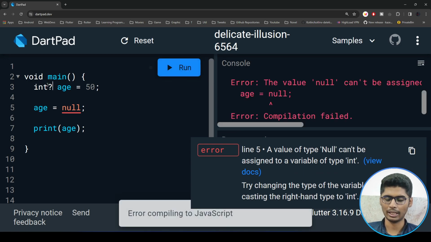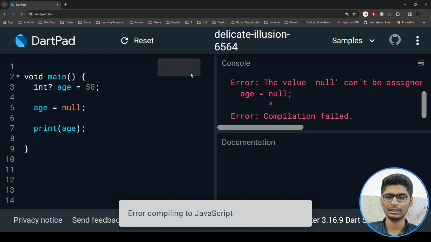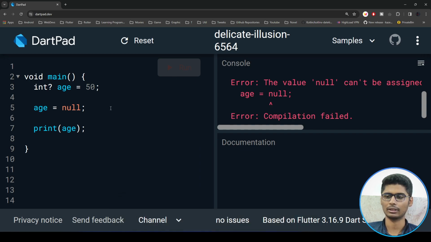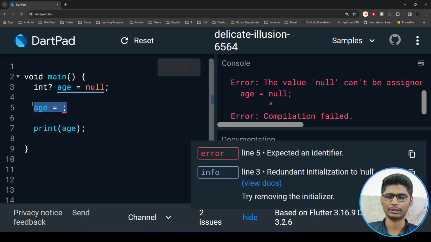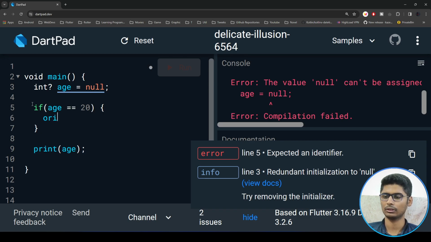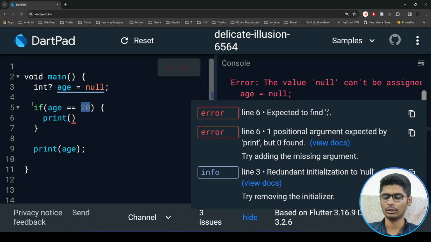And if you want to make it null, you must add a question mark after the data type. And if you want to check if it's null or not, there are actually three ways. First, we can use the power of if. For example, if age equals 20, then print something. Or if age is null, then print age